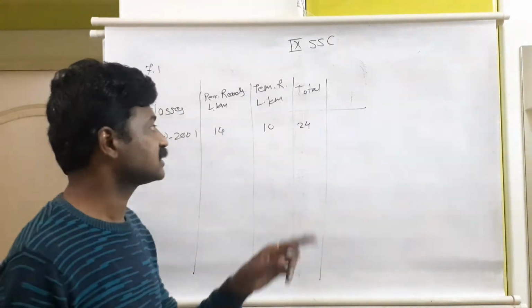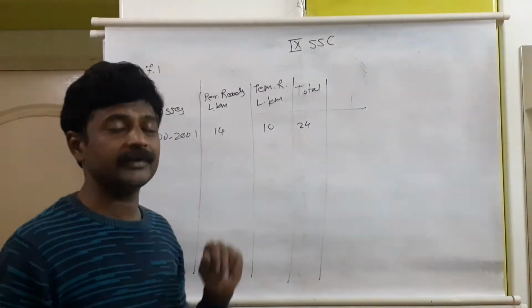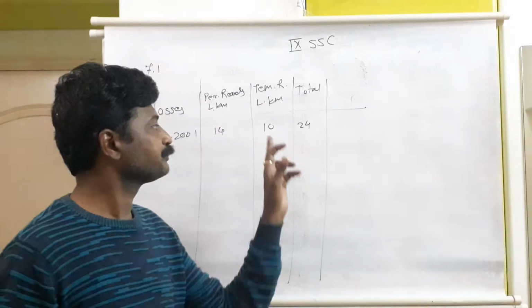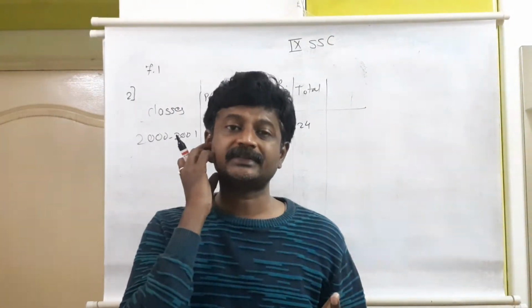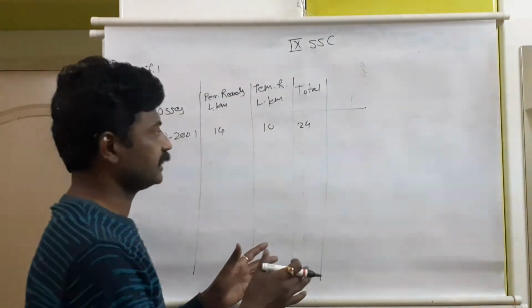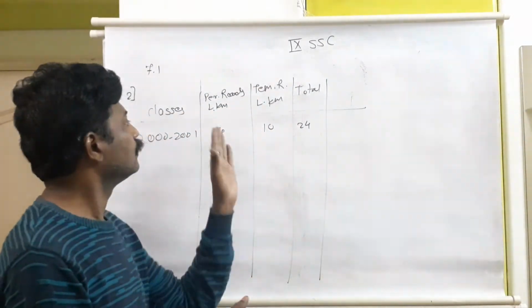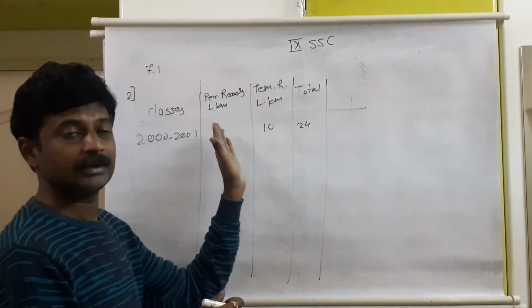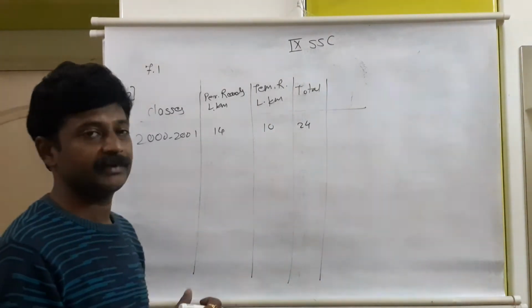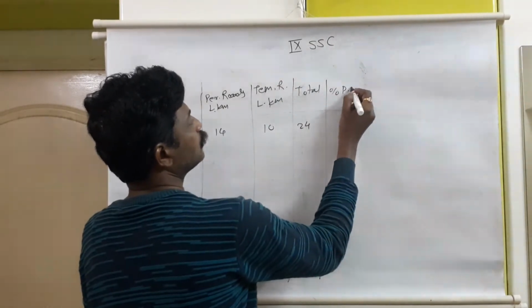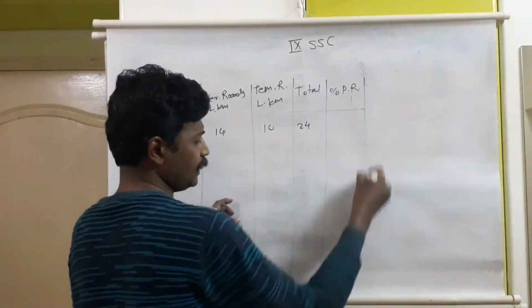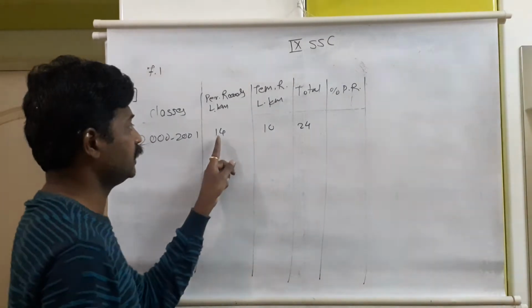In the same way, the second child scored 10 marks out of 24. How much is the percentage? 10 divided by 24 multiplied by 100. It will be his percentage. Same criteria, same basic things. Only instead of a child, these are the permanent roads, and this is the length of temporary roads. So we will convert into percentage. Percentage for permanent roads, I will write it PR. How to calculate?